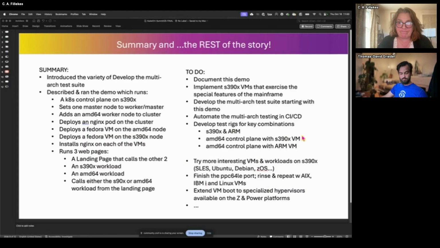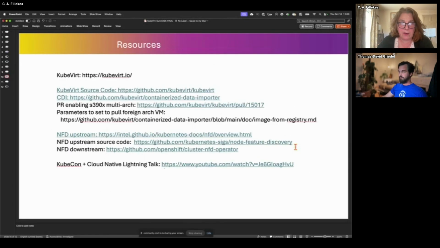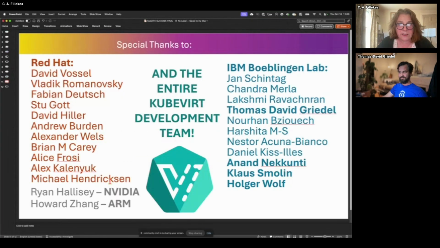So these are the resources that I was talking about, of course, the KubeVirt.io and all the rest of this is like sort of where these are the resources that we use to figure out how to do this demo, let's put it that way. And then there's my famous KubeCon Cloud Native Lightning talk that I gave in Europe,